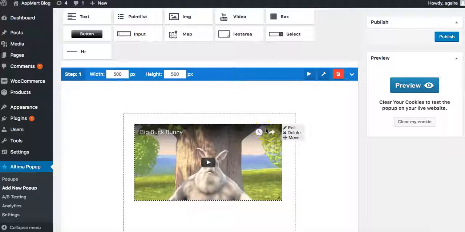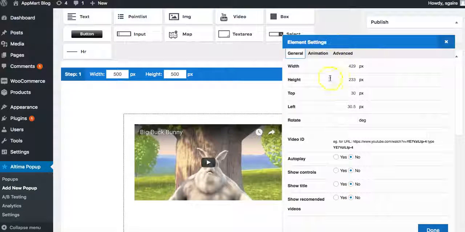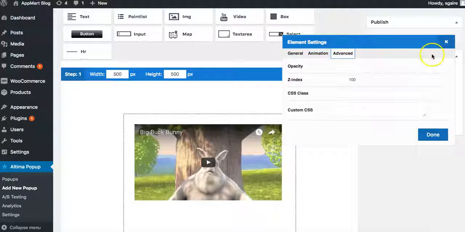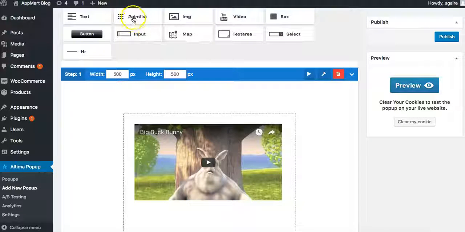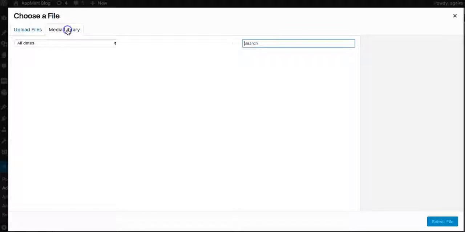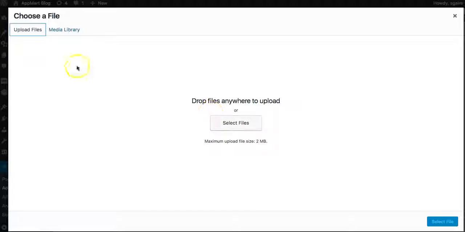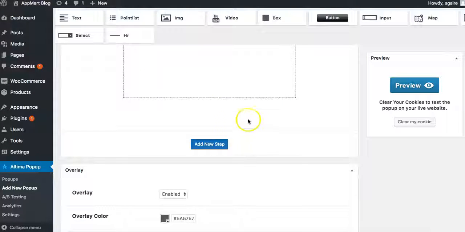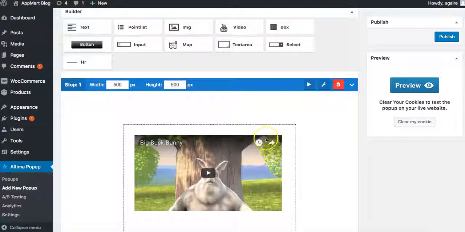Okay, if you click on it, you can click on the edit button and change size, animation, and so on. Whatever you want to add, guys, you can go ahead and do that. Overlay image, let's say I want to add, let's see if I can find, I don't think I have any images right here, but you can go ahead and add an overlay image so there's a background image behind this pop-up. You can add a pop-up,